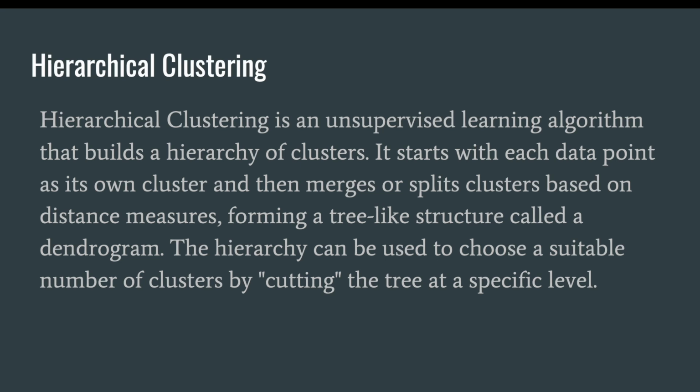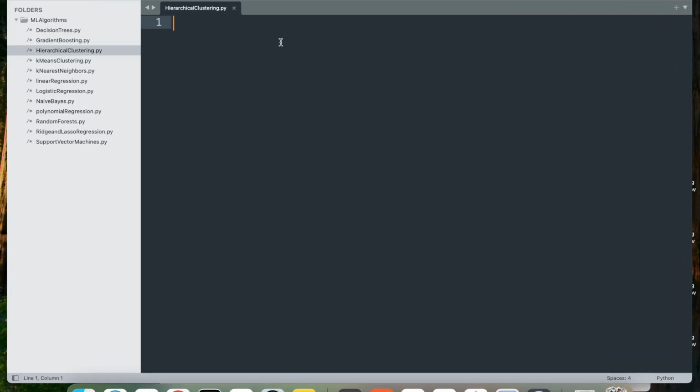Let's go ahead and implement the hierarchical clustering algorithm and visualize it with a dendrogram in Python. So I'm going to open an empty blank file and start with importing the necessary libraries. First, I need dendrogram and linkage from scipy.cluster.hierarchy. This imports the dendrogram and linkage functions from the scipy.cluster.hierarchy module. Now the linkage performs hierarchical or agglomerative clustering, whereas dendrogram generates a dendrogram plot to visualize the hierarchical